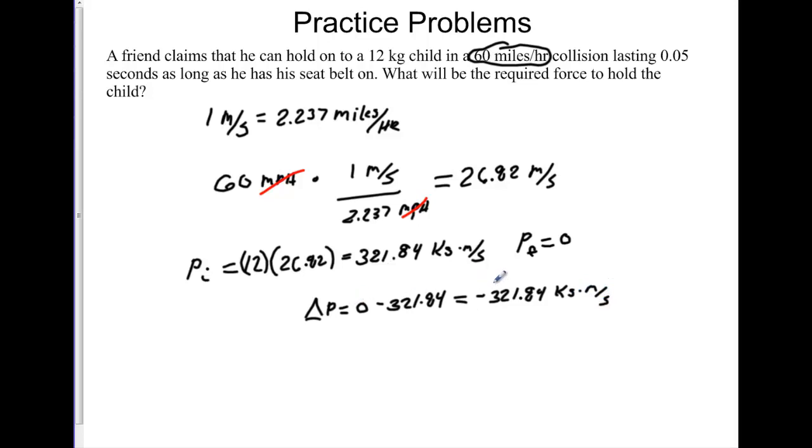Okay, so that's going to be our impulse, and we know that force times time, or force times delta T, is always going to equal impulse, or change in momentum. So we can say force times 0.05 is equal to negative 321.84. We'll run that number, and we're going to get a huge force of